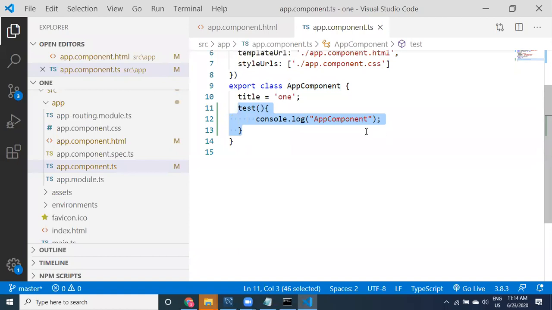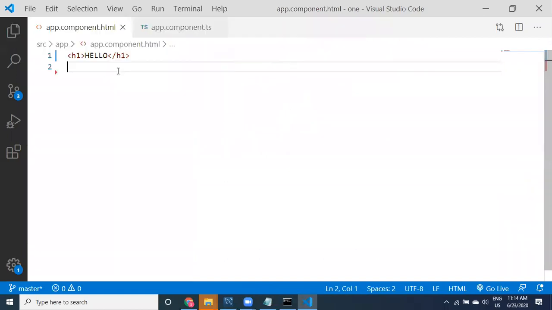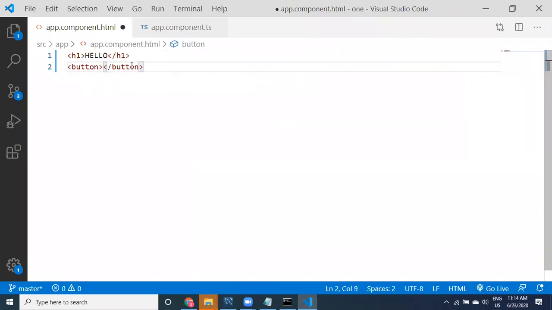Now let us go to the scenario. What is that scenario? App component is available, right? Yeah. Now what is the method I have taken? Test method. Let us go to the HTML part. Here I'm going to take a button. Now I did not write any code until now related to RxJS or observables.